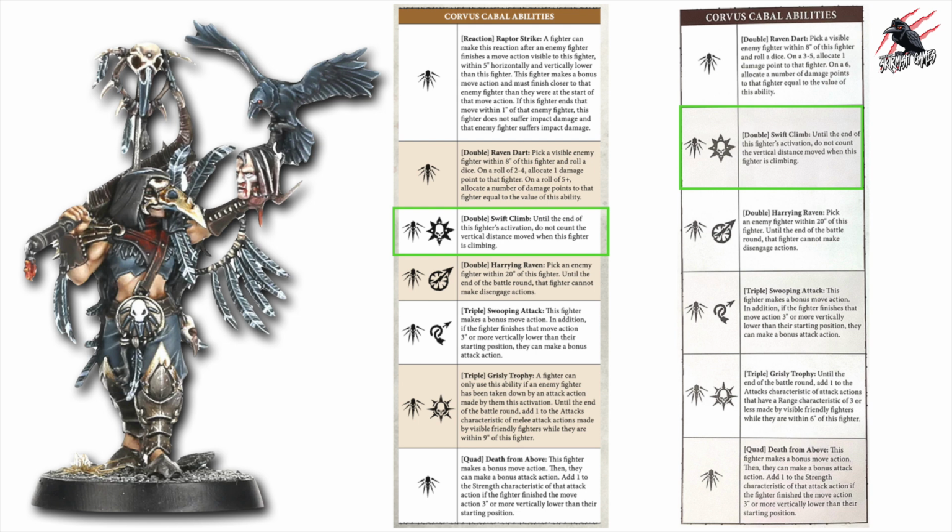That hasn't changed at all. And then we've got Harrying Raven. This is an ability I don't use a lot. I think I might try and use it a bit more in this new edition, but that hasn't changed either. I was hoping for a buff for swooping attack, but that hasn't changed. That's the same. But there's quite a big change to this triple Grizzly trophy, and here you've got the leader